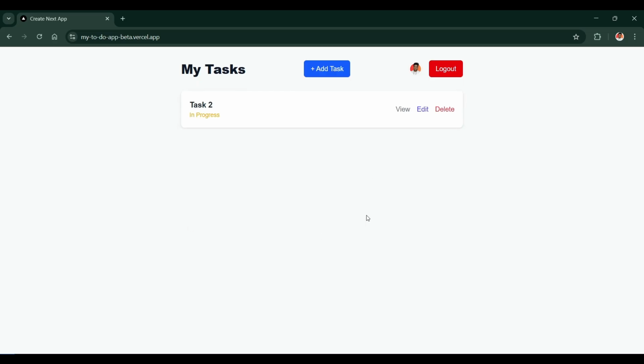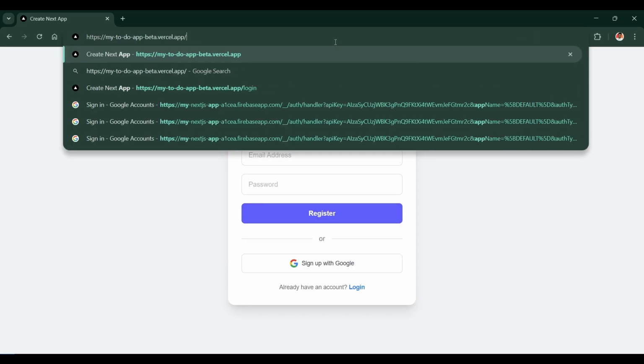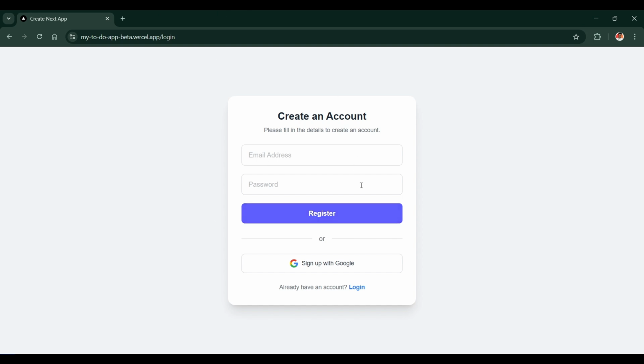You can see here, we styled everything with Tailwind CSS for a clean and modern UI. The header also shows the logged in user's profile picture, and there is a logout button to end their session. Also, if I click on logout, it will redirect to my login page. If I try to go to my home page, it will redirect to the login page because we are not signed